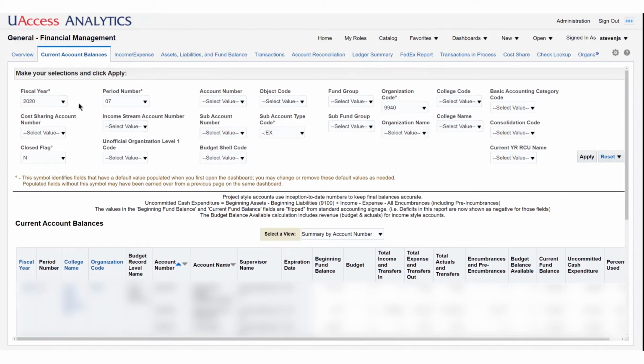Now, as you can see, a few of these fields have already been automatically filled in with current information. You can see that fiscal year has been filled in with the current fiscal year. The period number, period 7, is the month in which this video is being recorded. A few of the other ones have not been filled in. Those are the ones that say select value. And the organization code has been filled in with my particular organization code. So that particular field is picking up the logged in user's home department and populating that field based on the